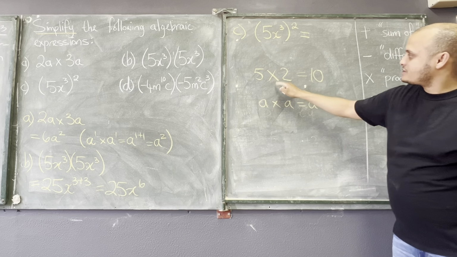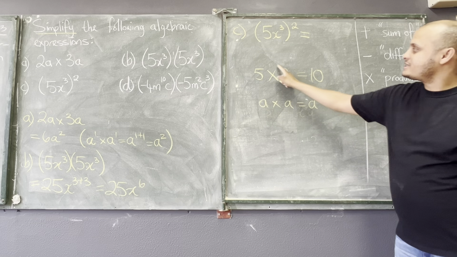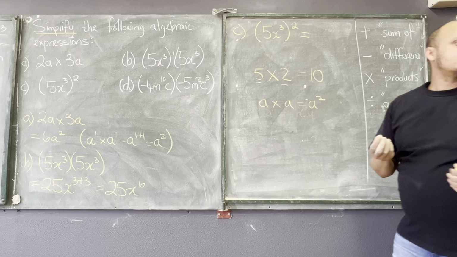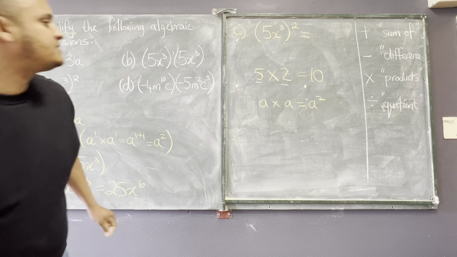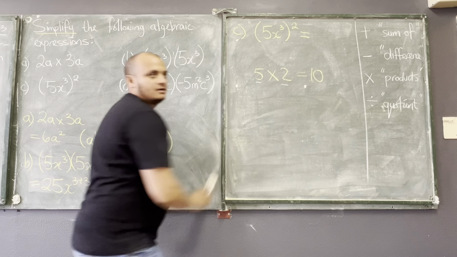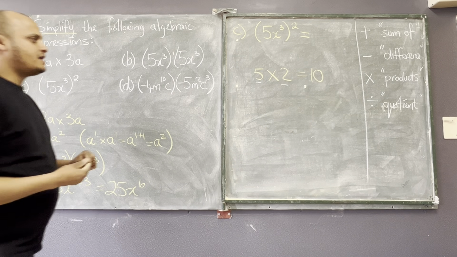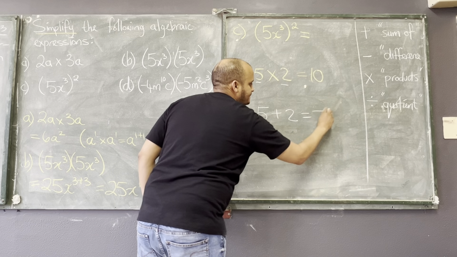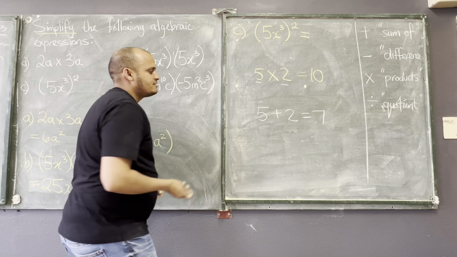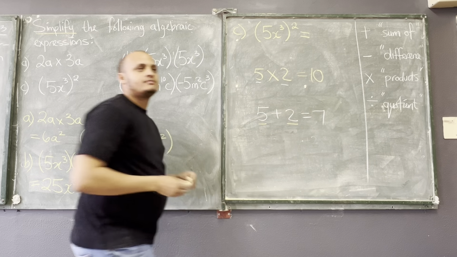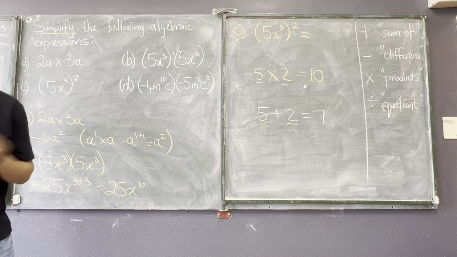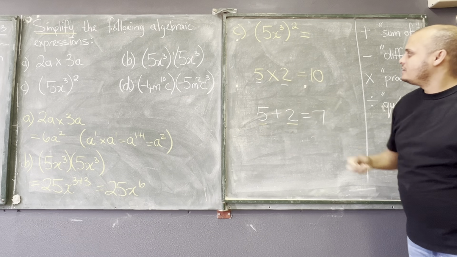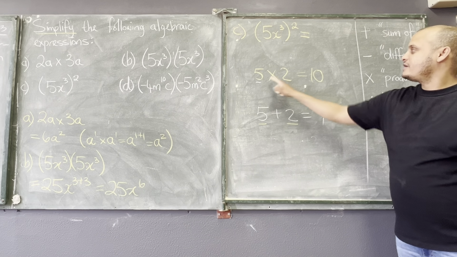What is the product here? It's the product of 5 and 2. What makes up the product? In other words, what do I call 5 and 2? They have names in the product. What are they called? Let me take away the A and A first. And then I also want to talk about 5 plus 2. In this case, they have different names. Same numbers, different names. Why? Because there's a different operation taking place. So when they are being multiplied, they are called